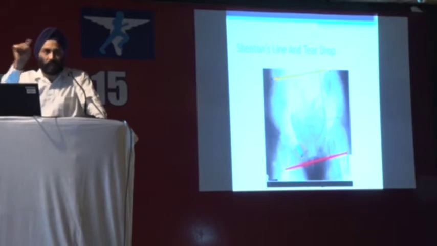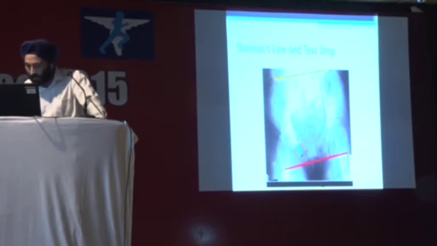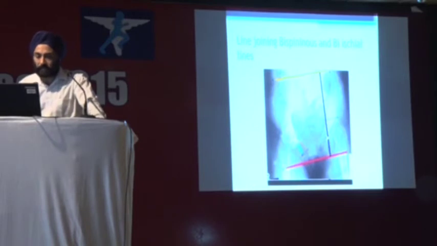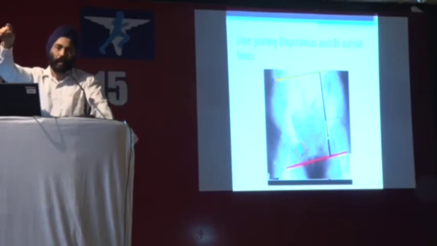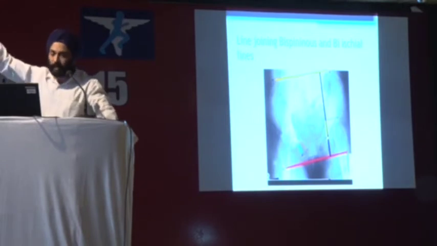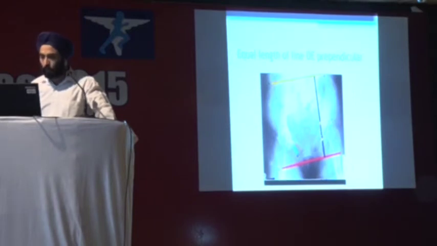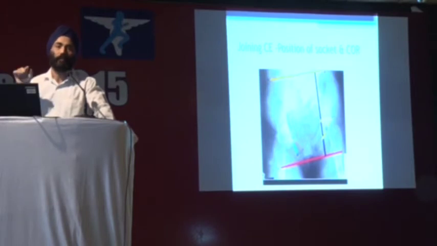Now, after drawing the Shenton line and the Kohler line, mark the point where these two lines meet. From that point, extend 1/5 up. Suppose you have already drawn 100 millimeters. Now from that teardrop, you go 1/5 up, which is 20 millimeters up. Then go 1/5 to the side like this. That's another 20 millimeters. And then join both of these lines like this. And the center of this would be the center of your acetabulum.